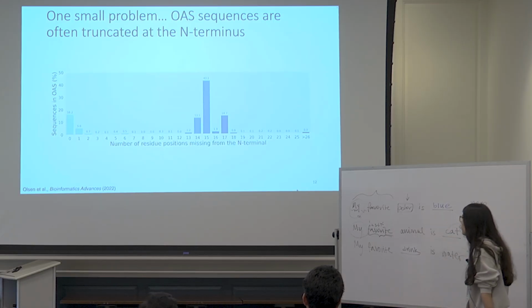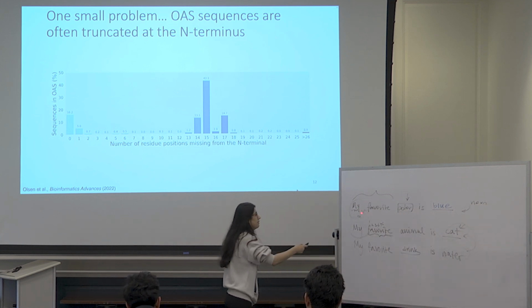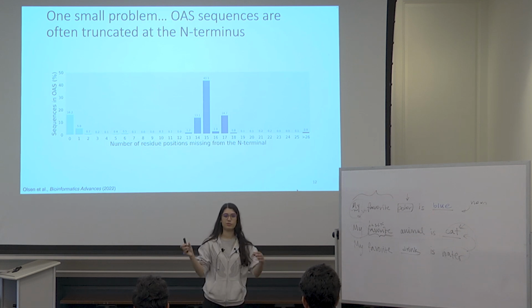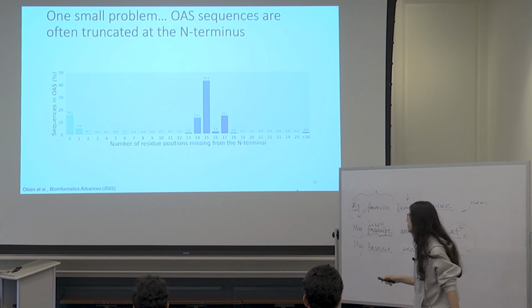And so it becomes harder to learn, let's say that your starting word or maybe starting 3 words are missing. It becomes a little bit harder to predict and put together the rest of the paragraph. And so applying this to antibodies,